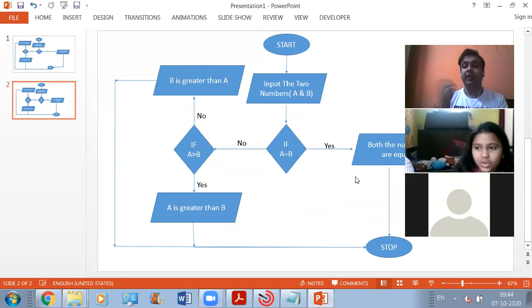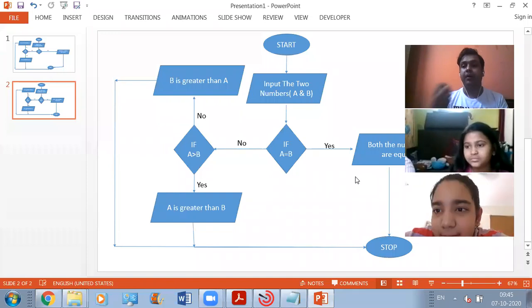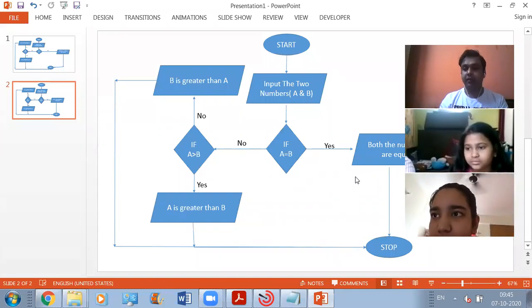See, flowchart is a diagrammatic representation of algorithm. It is a diagrammatic representation of the steps of the algorithm. Okay? And what is an algorithm? It is a set of sequentially connected steps we use for solving a particular problem.